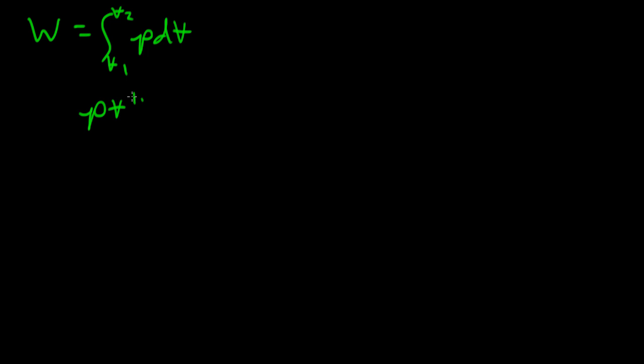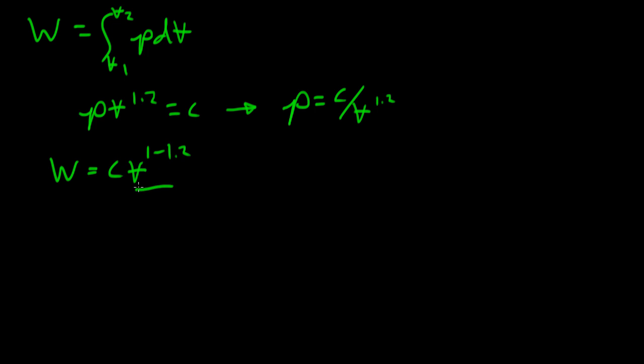PV to the 1.2 is equal to a constant, and so pressure is equal to the constant divided by V to the 1.2. We sub this into our work integral and perform the integration, and we see that the work is equal to the constant times V to the 1 minus 1.2 divided by 1 minus 1.2, evaluated at V1